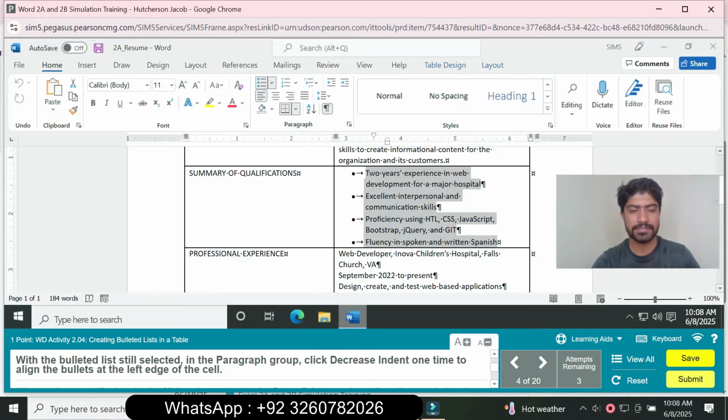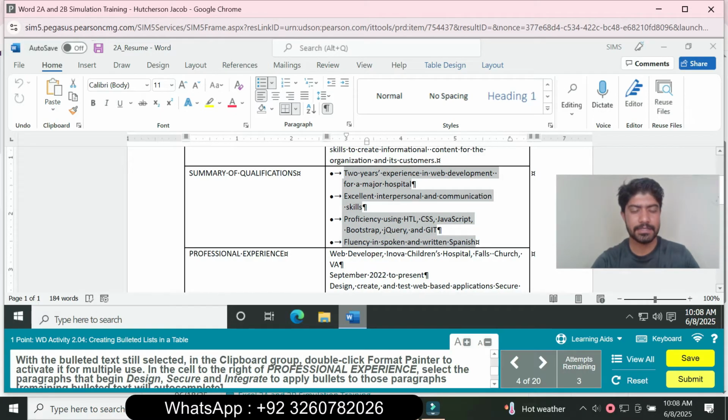With the bulleted list selected, in the Paragraph group, click the Decrease Indent. So click the Decrease Indent one time. And next is with the bulleted list still selected, on the Clipboard group, click the Format Painter